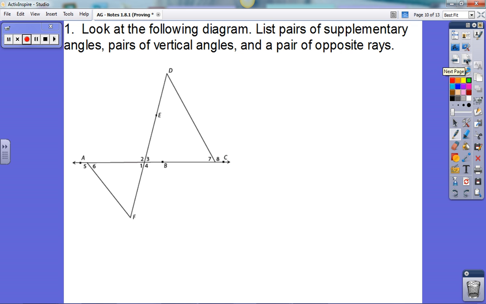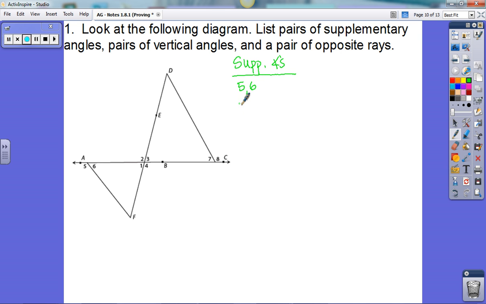So let's look at a couple of examples, including a proof. Here we want to look at listing the pair of supplementary angles, the pairs of vertical angles, and a pair of opposite rays. So let's talk about my supplementary angles. Supplementary angles, remember, are angles that add up to 180. So based on my diagram, I'm going to pick the ones that form a straight angle. So 5 and 6